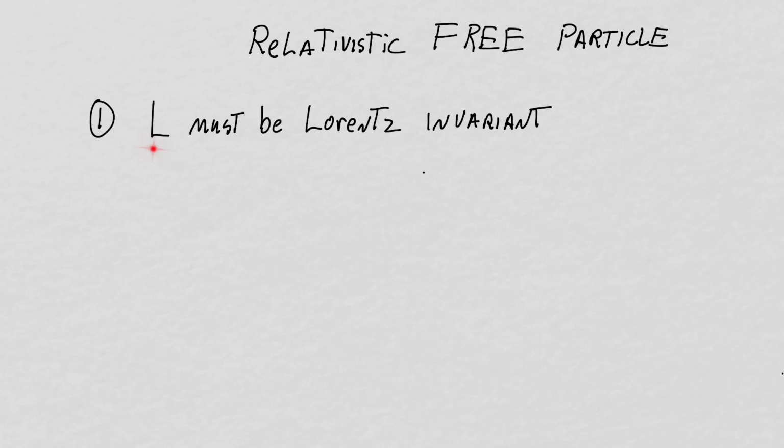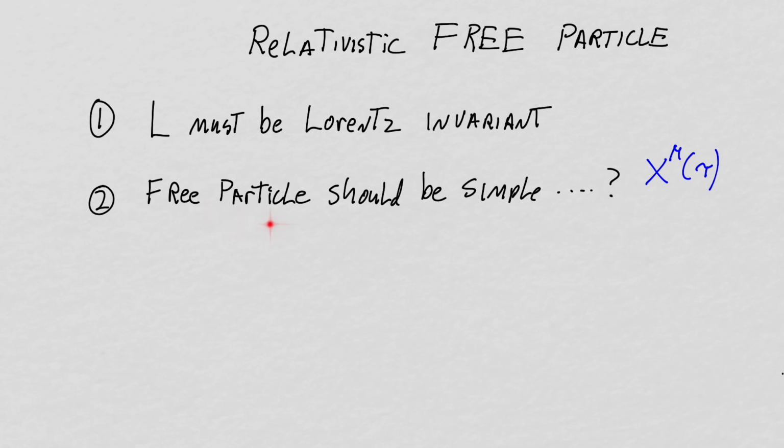So we know that L must be Lorentz invariant, and we're thinking that the world line probably has a lot to do with L, right? We're also thinking that it is still a free particle, so whatever we're dealing with should be relatively simple, and you can't get simpler than the length of the world line. So why don't we try to say that our action is just some constant proportionality multiplied by the length of the world line in space,